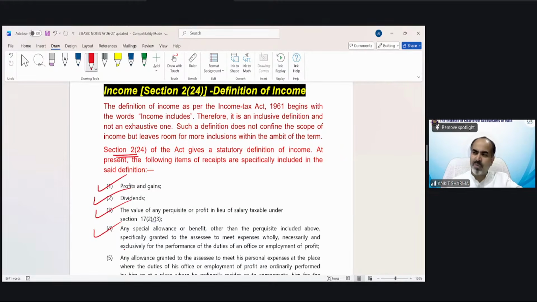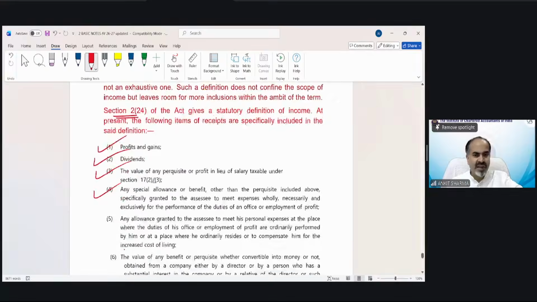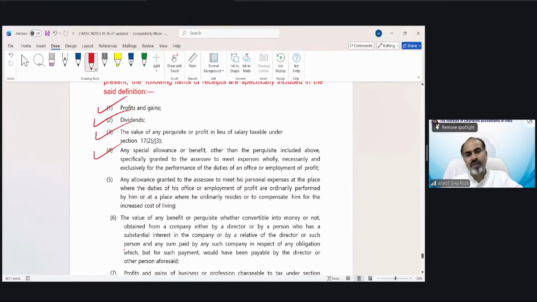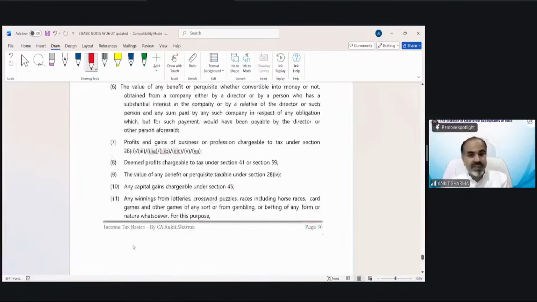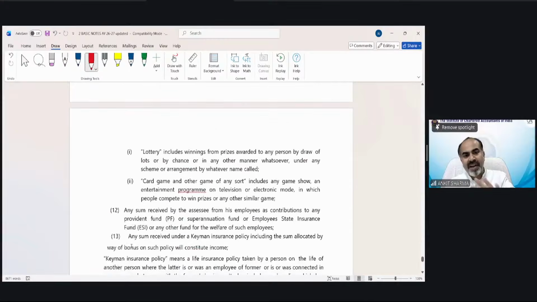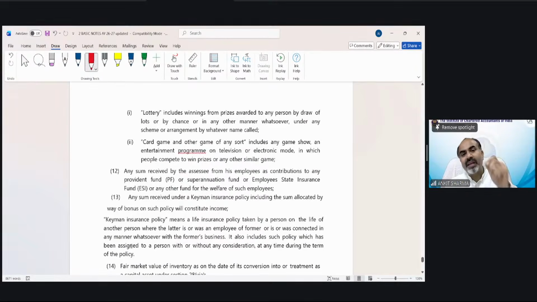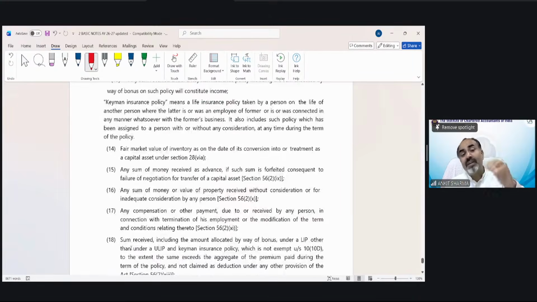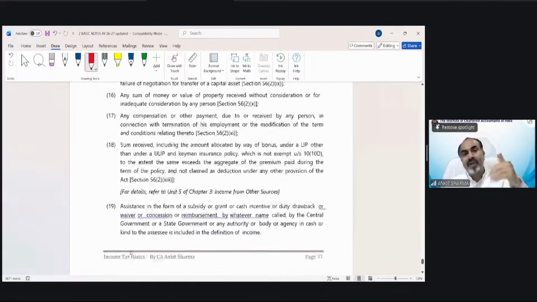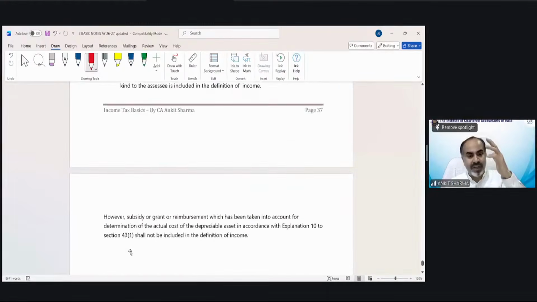So all these points are going to be discussed in the heads of income, which we are going to discuss later. We cannot understand the provision over here because if we discuss the provision of perquisite, I need to make you understand the meaning of perquisite. That would be discussed in the salary chapter. So that's why these are just for reading purposes. Just read it out and you would be able to understand each and every point when we discuss, one by one, the other chapters of the subject.